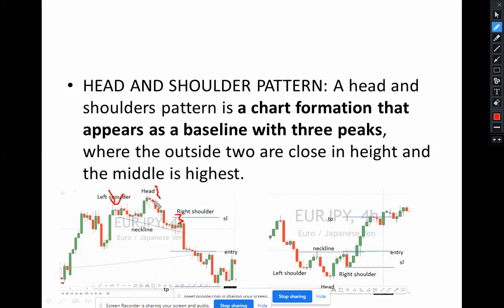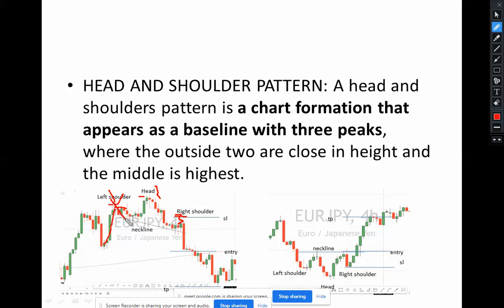Okay, so this is the highest. This is the left shoulder, this is the right shoulder, and this is the head. And this is our neckline, because when the market rises to this point, by creating the left shoulder, it reversed